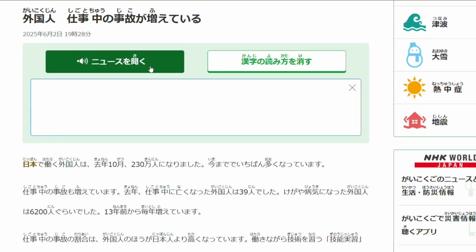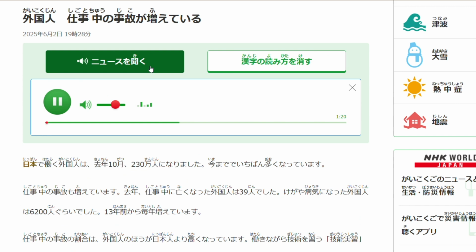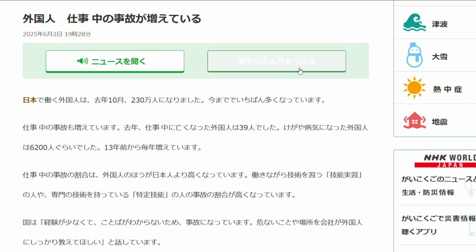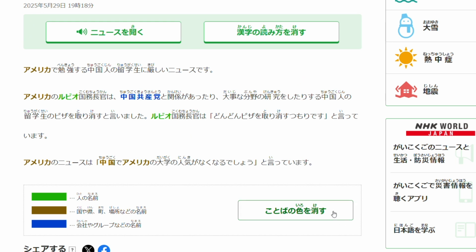And there are many interesting functions too. For example, for each article, there's a button for you to click and then they will read you the whole article. Also, they show hiragana for all the kanji in every article, but if you want to challenge yourself a little bit, there's a button that you can click and then they will hide all of the hiragana from the kanji. And also, to avoid confusing the beginners, they even put colors on the names of people, places, cities, companies or organizations, and there's a button that you can click to hide the colors if you want